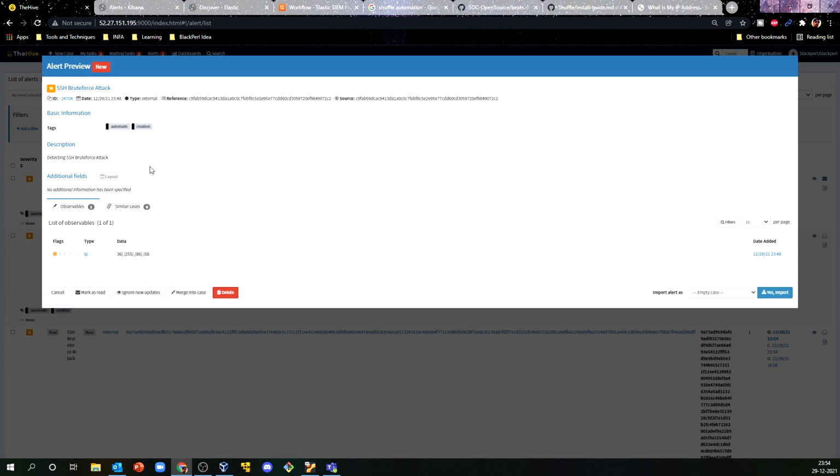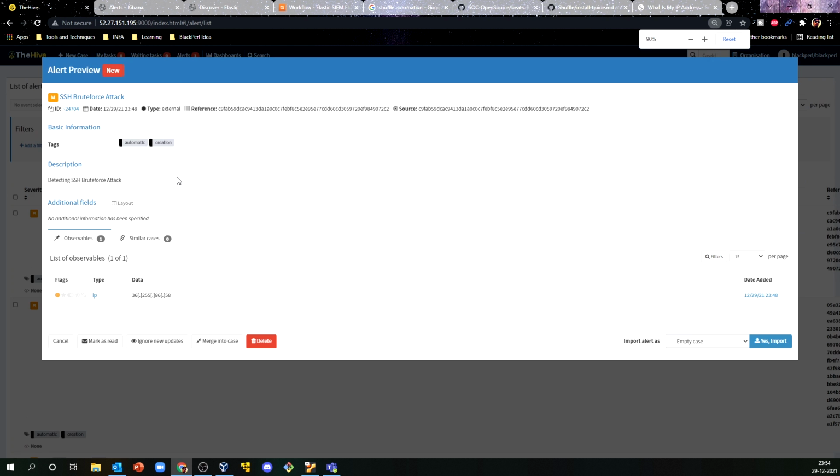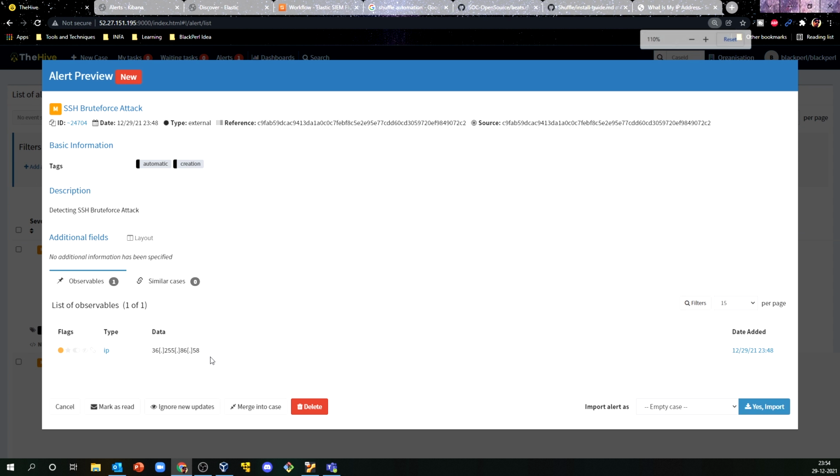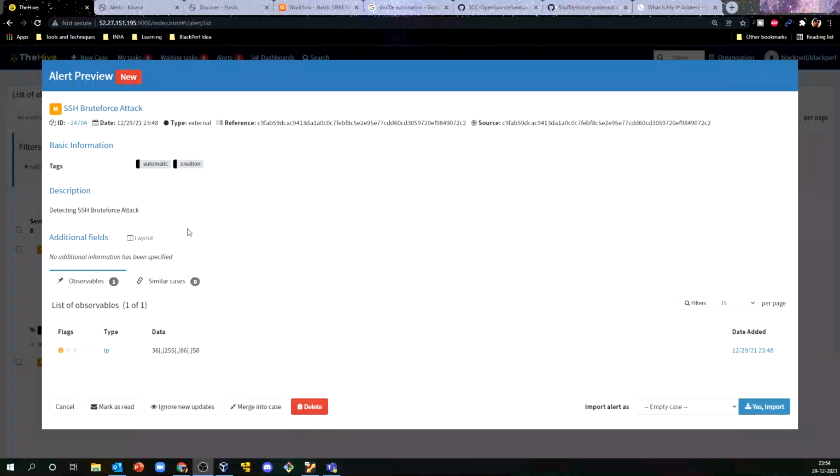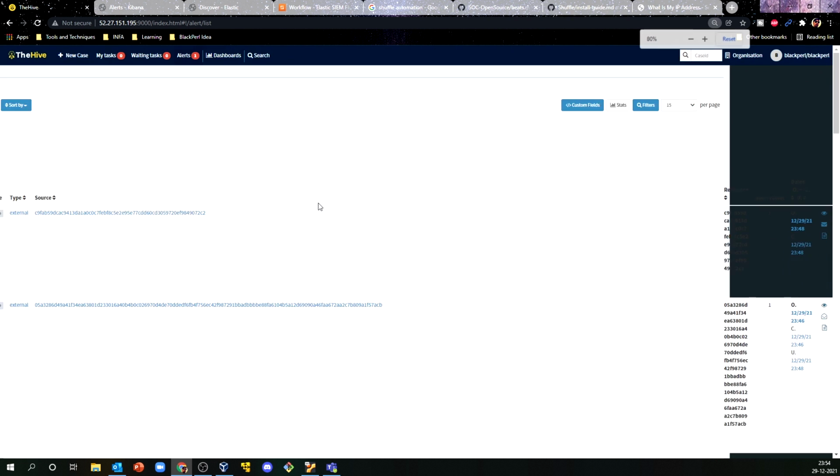So I am just trying to add my IP address over here as an observable, but you can add multiple different observables as per your need. Whatever you want to add, you can add anything like that. Okay, so this is a full case, and if I quickly cancel this particular thing,